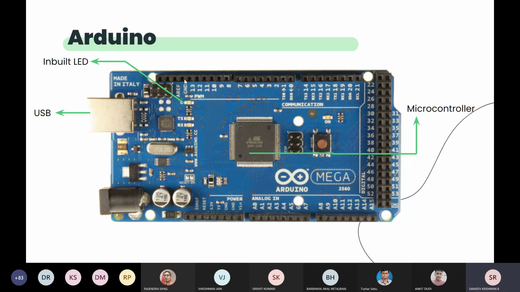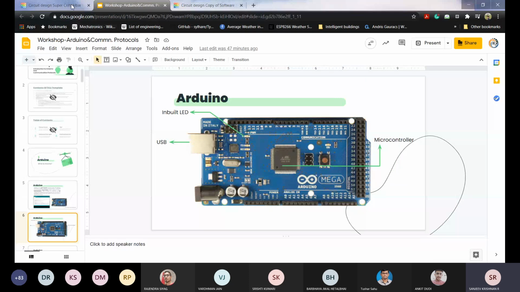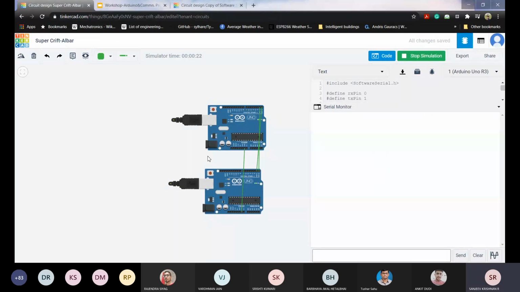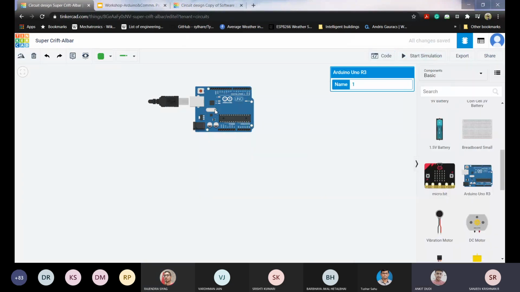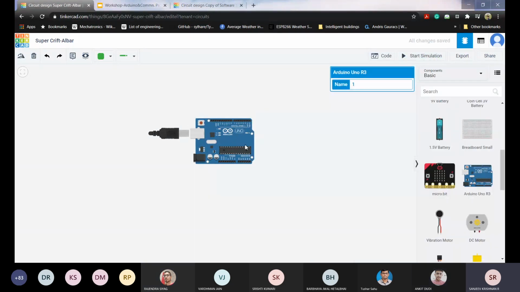Okay, fine. So let's get into the Tinkercad part, and once we do that, you'll get your doubts cleared by yourself, I guess, right? Is my screen visible, the Tinkercad screen? Yes, sir. So now what we'll do is we'll try to blink the inbuilt LED.